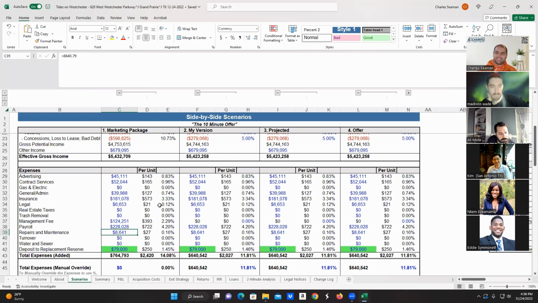Charles, I also like to point out right here too, and you're probably going to get to it, the management fees. I would think with a payroll that low, the management fees would be high, but that's also substantially low too. It's less than 2.5%, like 3%. Right. So typically, if you get a management fee that low,